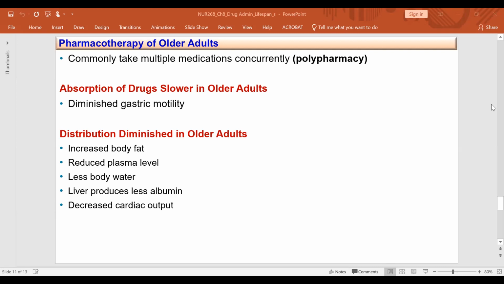Sometimes older adults may develop drug toxicity even with regular therapeutic doses of highly protein-bound drugs like Dilantin and Coumadin. So the routinely recommended dosage for adults or the younger population, we have to be careful when we prescribe it to older adults, given the expected physiological change of reduced concentration of serum albumin. So when prescribing Dilantin or Coumadin, we have to be careful that older adults may develop drug toxicity even with regular therapeutic doses.